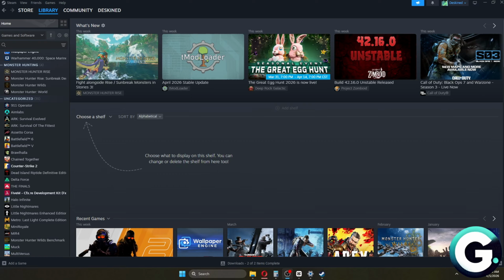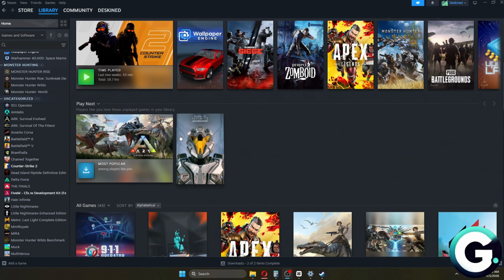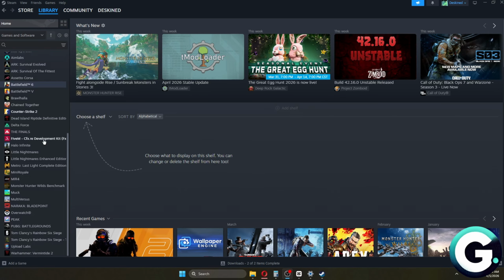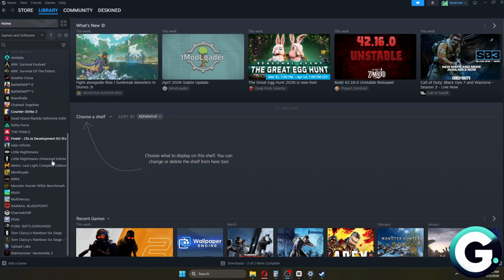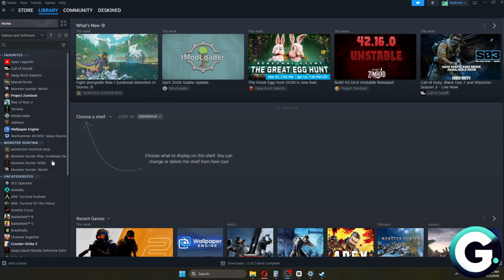So basically, there are two types of mods that you can install or use on your Steam games. The first one is by downloading it outside Steam, which is by using a browser. One of the most popular websites out there is going to be Nexus Mods, which will require you to create the mod folder inside the game files itself. Now, to remove those specific types of modifications, you simply want to delete those mod folders inside the mod folder